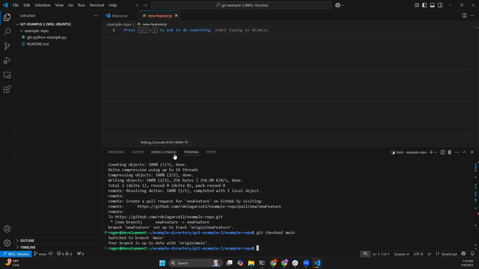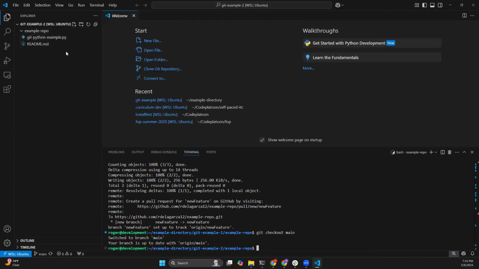What do you notice about my main branch? It's not updated. I switched over to my main branch, but notice that the window I had opened of new feature is crossed out because it doesn't exist, right? On the left side, if I look at my repository, that new feature is not in my main branch,